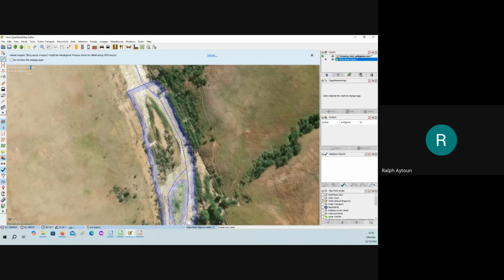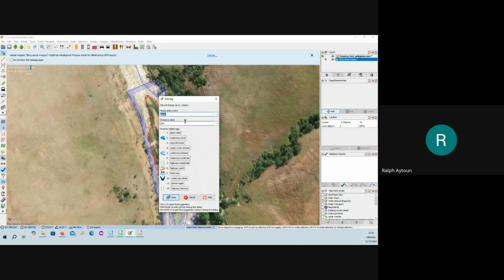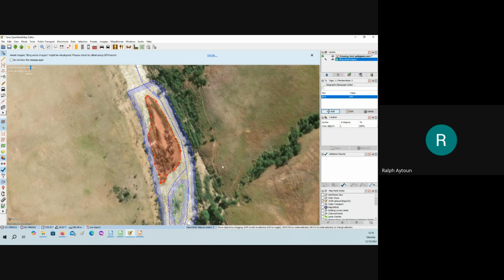I press A on my keyboard and I start this. Right, I select that and I add the tag another place islet. Okay, now I want to add that to my multi-polygon.